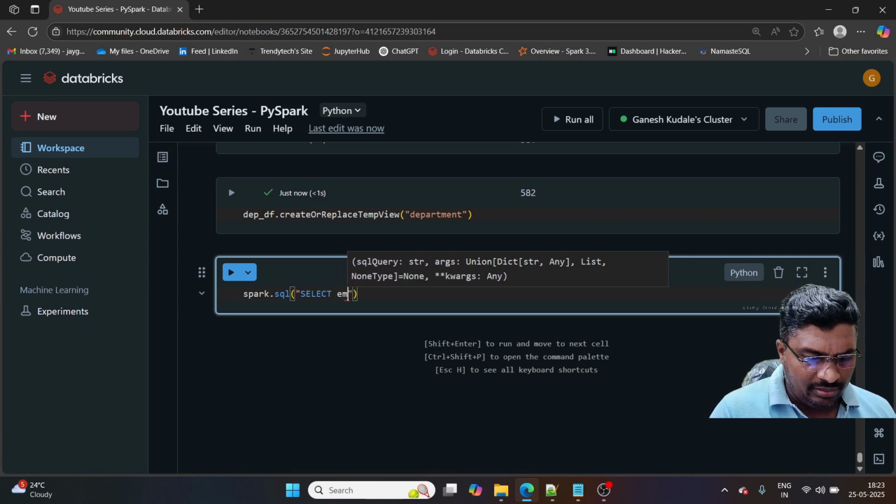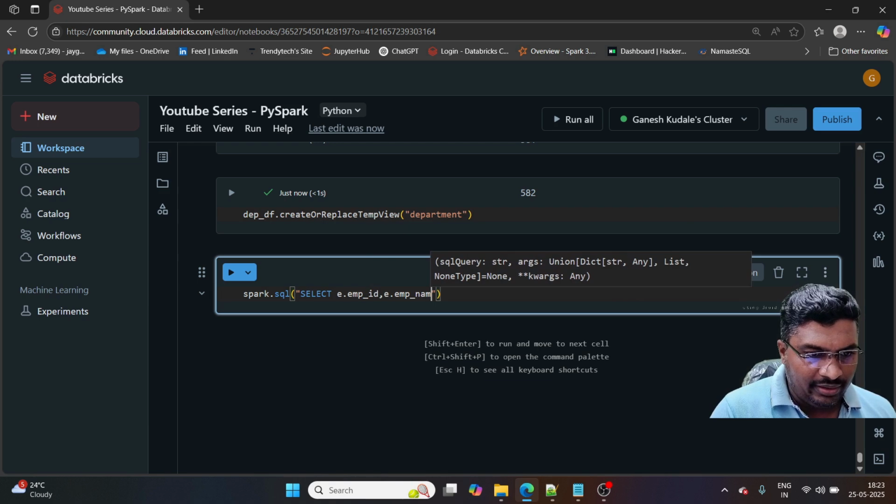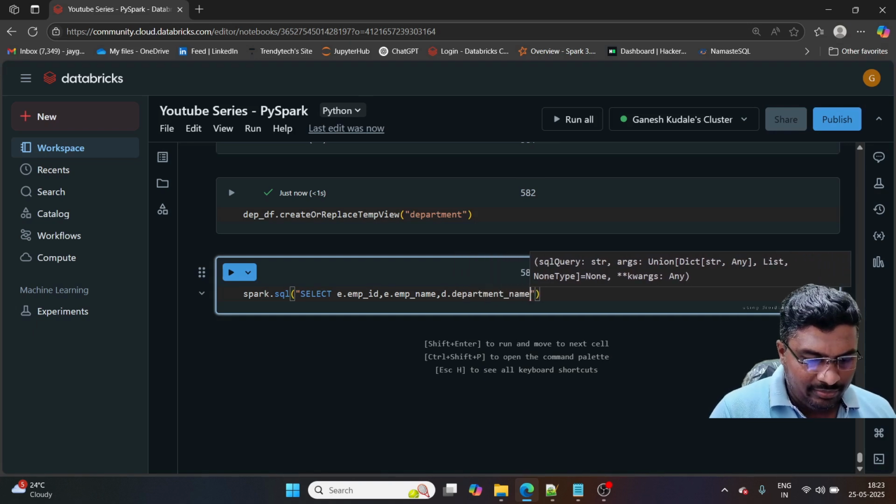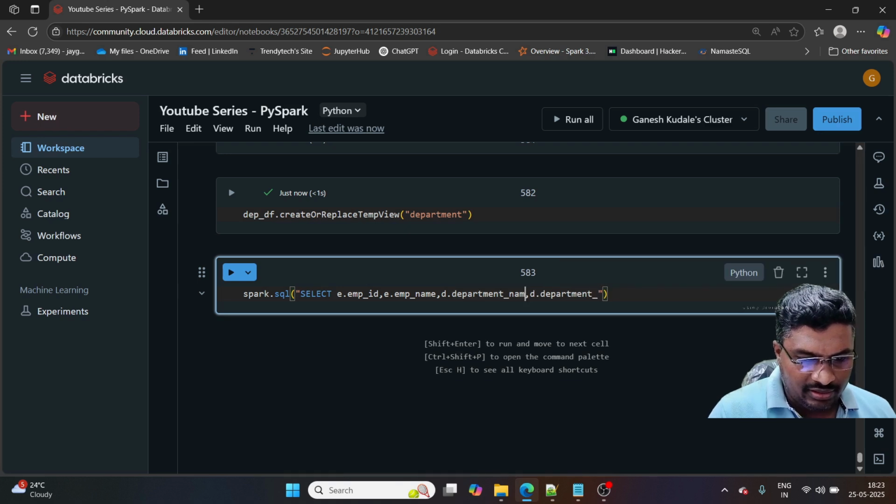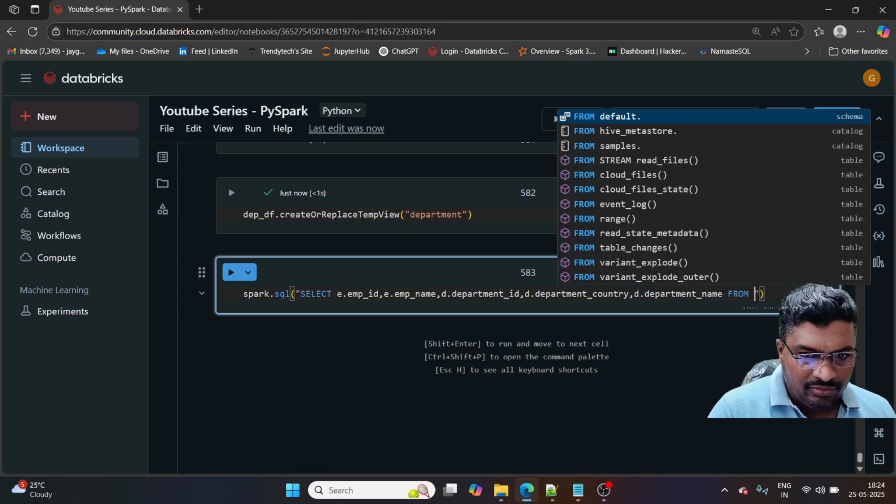Let's say employee e, e dot emp id, e dot emp name, then for department, d dot department name, d dot department ID, department country, and d dot department name, from